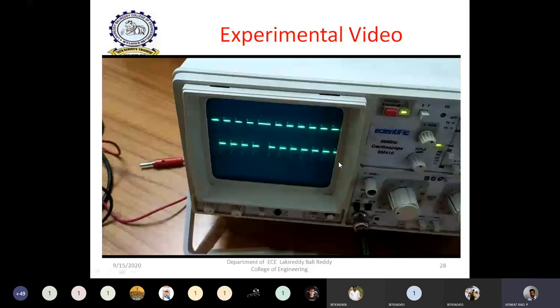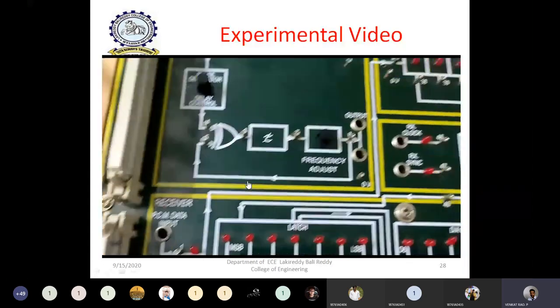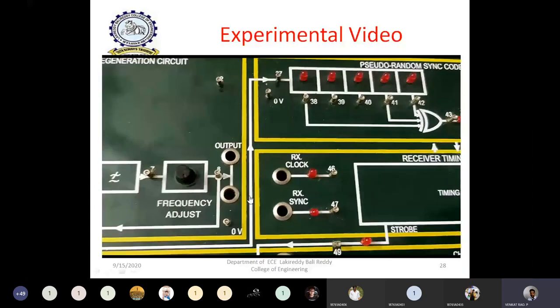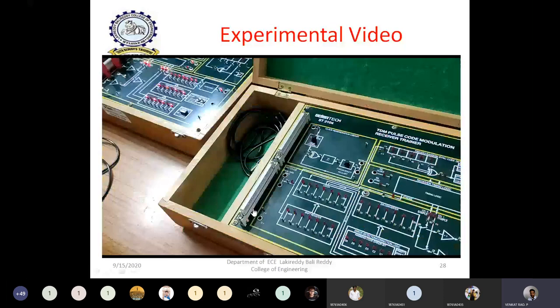101010 waveform. Now if you observe this PCM receiver, it is a direct operation. Similarly, what I have explained in time division multiplexing, in this PCM also both the transmitter and receiver must be operated based on the same clock. So here clock pulses, clock inputs both are combined, so that both the transmitter and receiver sections are operated in a synchronized way. Similarly, ground also must be common for both the bits. So that's why here clocks are combined from transmitter to receiver.